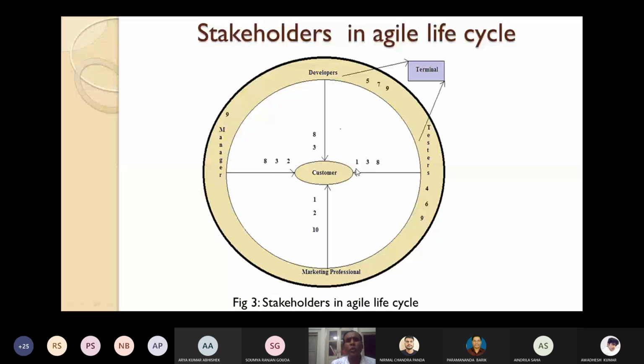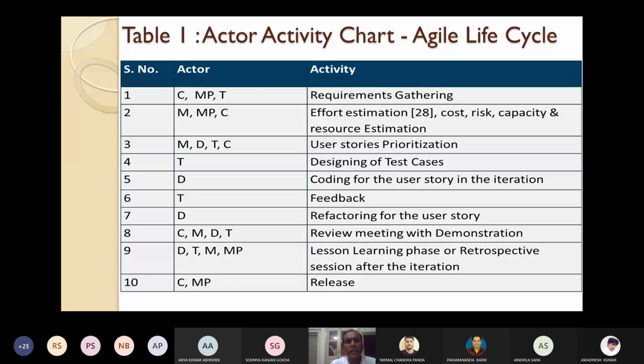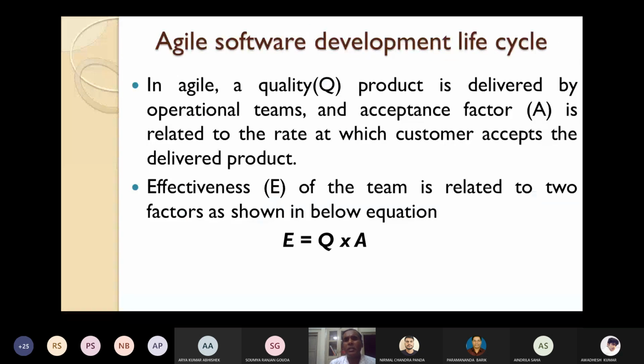Now let's see something more about this agile software development life cycle. In agile software development methodology, a quality product is delivered. How? A quality product is delivered by operational teams, and the acceptance factor is related to the rate at which the customer accepts the delivered product. So two important things I am saying here, Q and A. Q stands for quality.